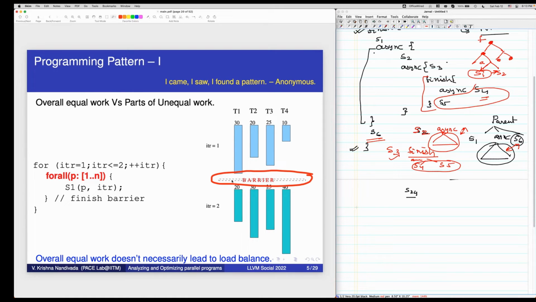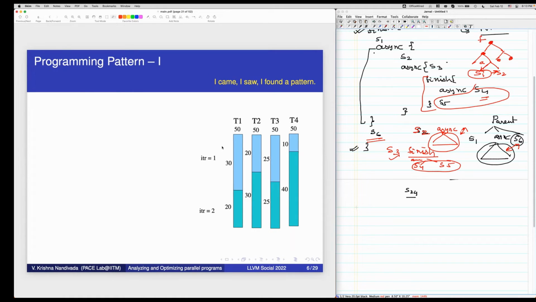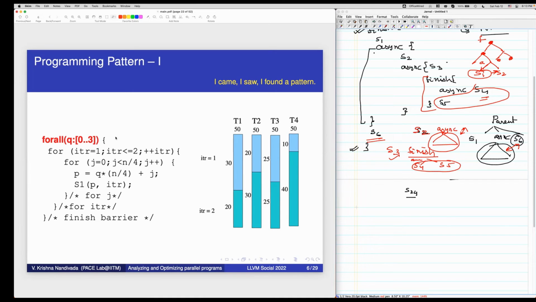If this barrier wasn't there, then I could have executed T1 for both the iterations, then T2, then T3, then T4. That's a cool idea. If the barrier is not required, I can move the forall outside.